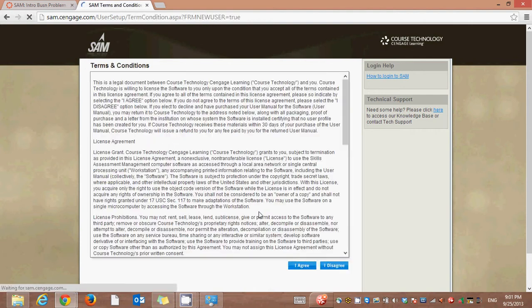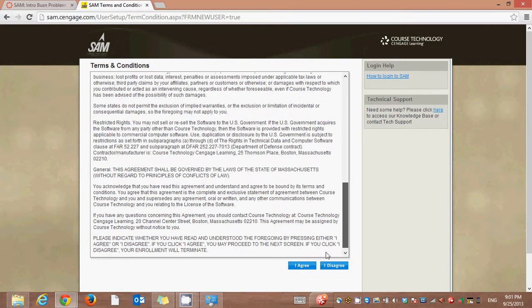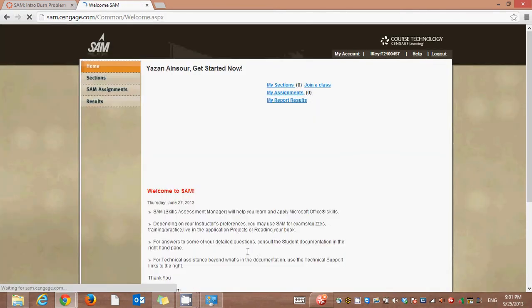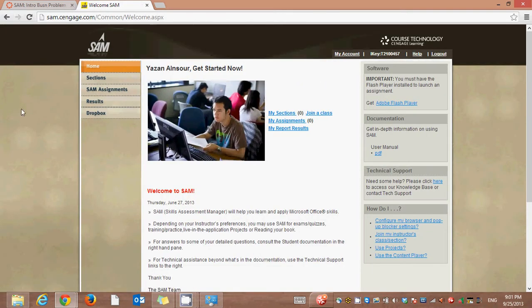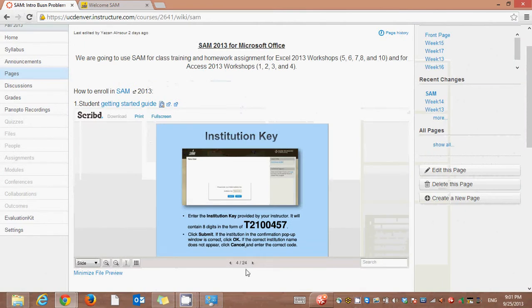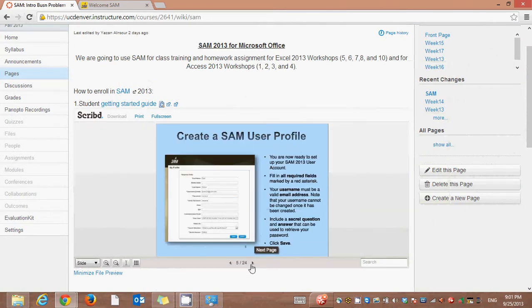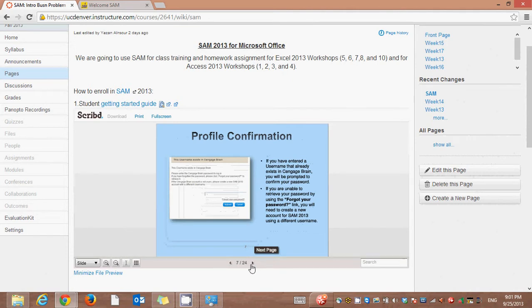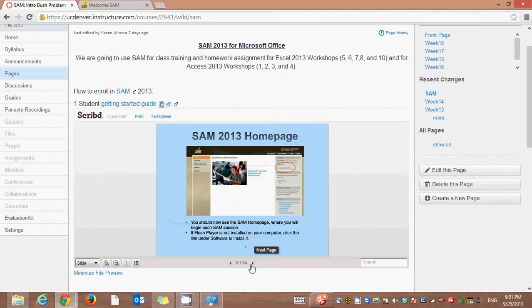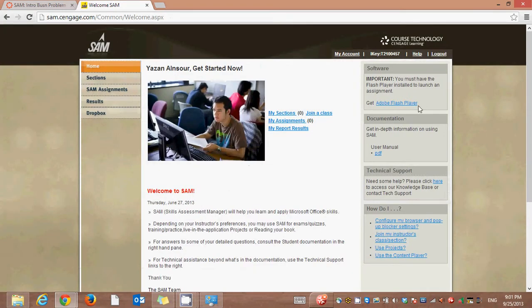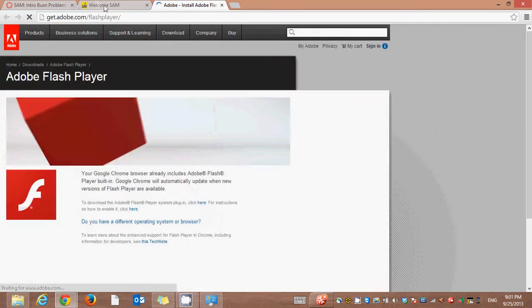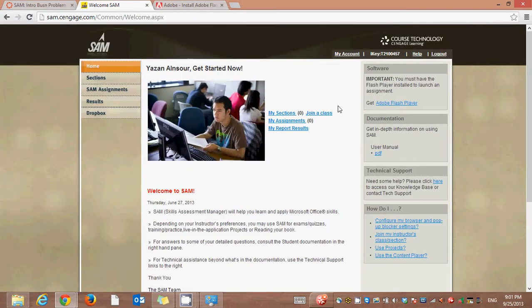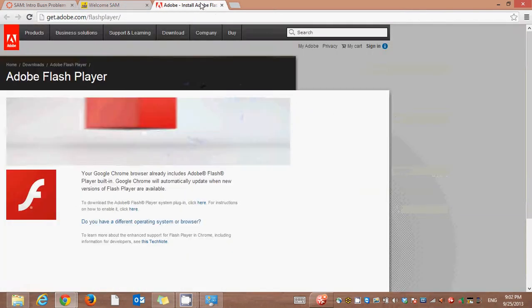Once you confirm, you have created the account, just hit I agree, and you log into SAM. Okay, then what do you have to do? You fill in all the user profile confirmation, and then profile confirmation, terms and conditions. Okay. First of all, always make sure to download Adobe Flash Player. If you don't have it, just click on the link one more time on the SAM page. There's Adobe Flash Player. You go and click on that,